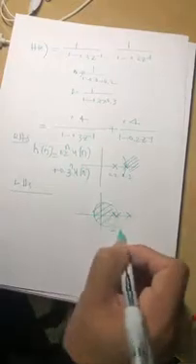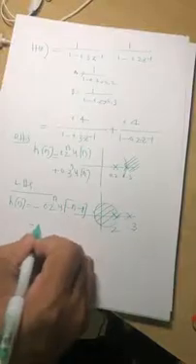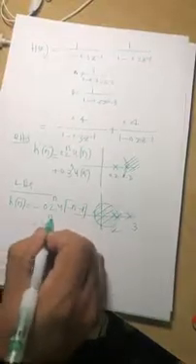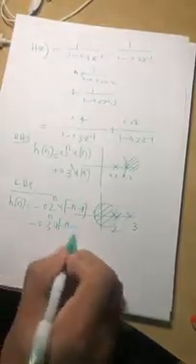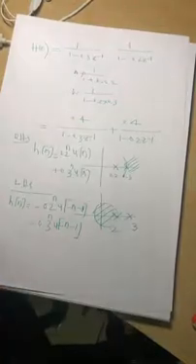Both left hand side sequences. So the answer is h of n is equal to minus 0.2 to the n u of minus n minus 1, minus 0.3 to the n u of minus n minus 1. Okay, and the third is